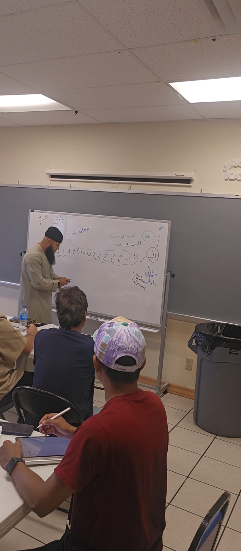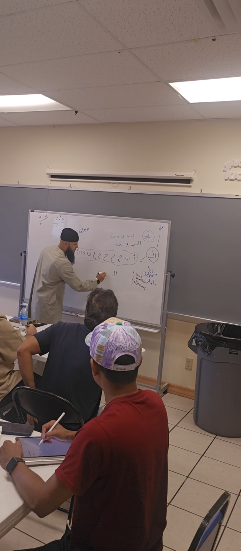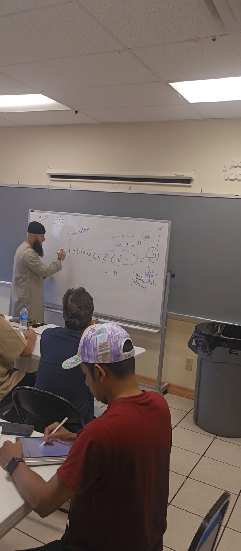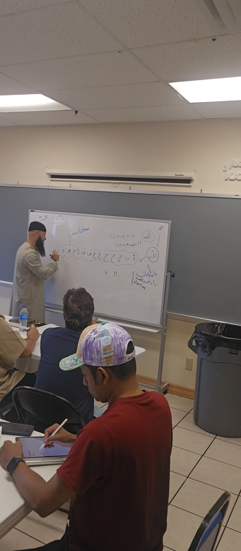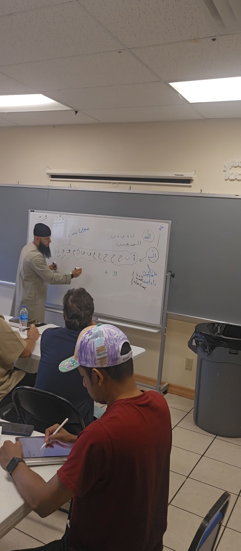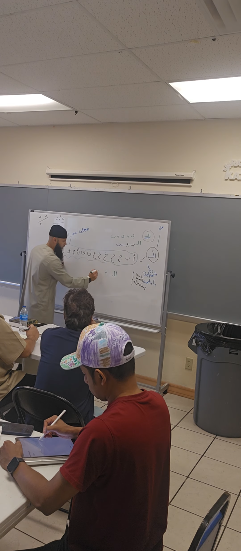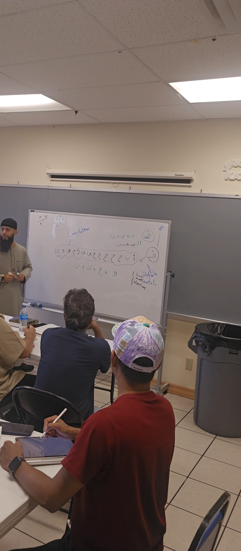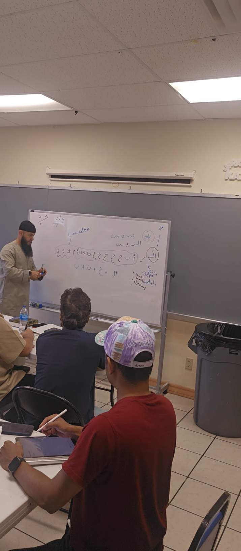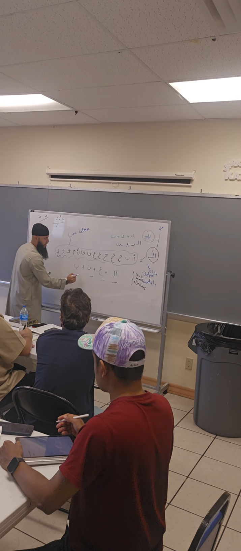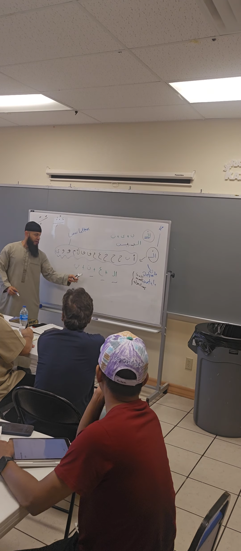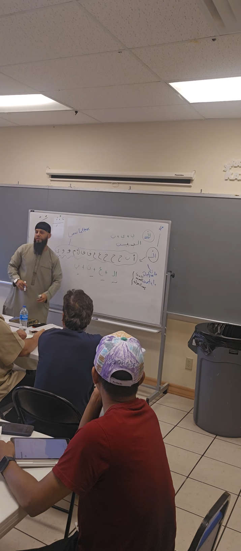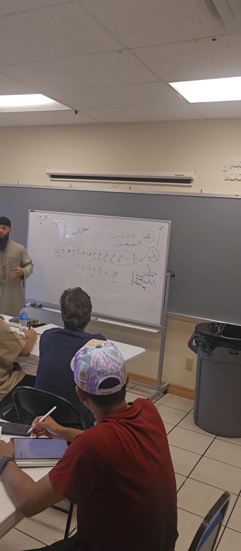Okay, so let's do some connection here, guys. Let's put al plus alif plus nun plus ba. Okay, let's do this word. Al, and then alif, and then nun, and then ba. You see, alif and nun are considered middle, right? Ba is at the end, and al is at the beginning of the word. So that's what we need to connect in this word.